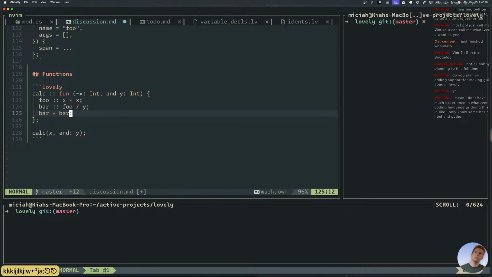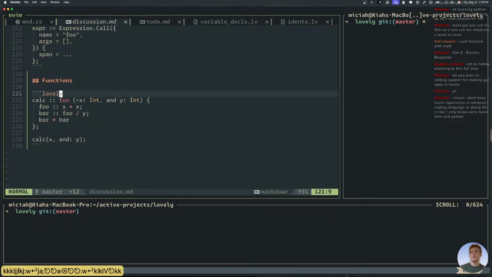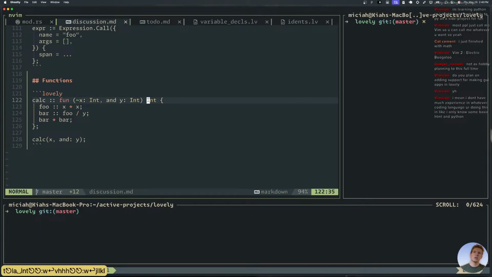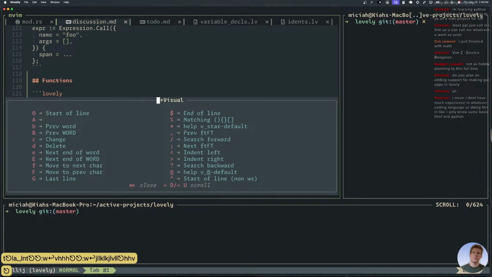So here's what we say: if we have a function, the function has a body. We just look through here. We throw a type error if there's nothing at the end, unless the return is void. Here we go. I forgot to put the return type on here. Check what the return type is.